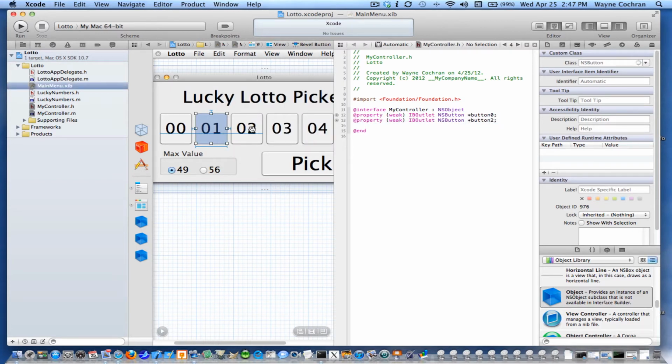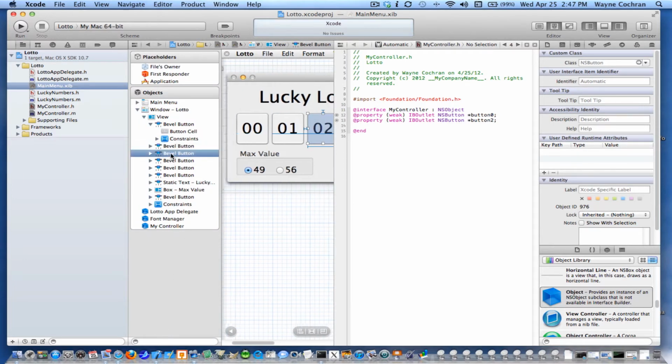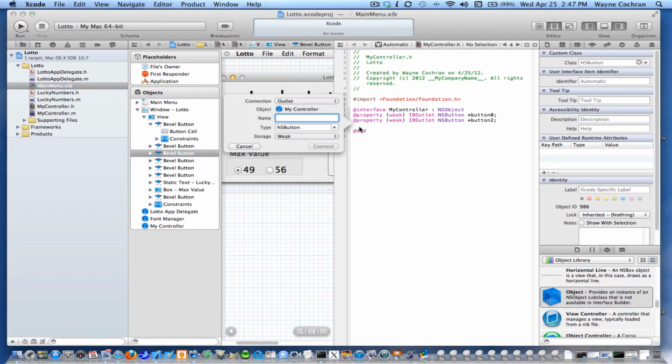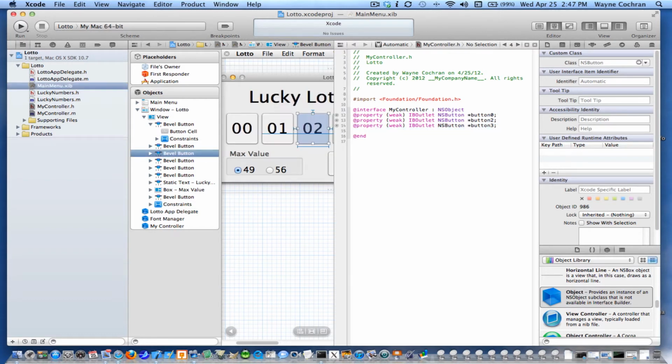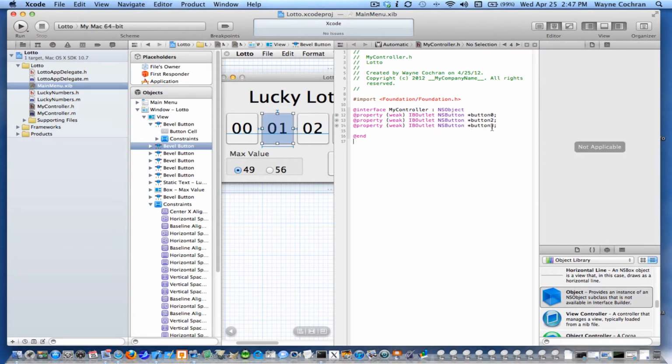If you're interested, I could also be doing this from here as well. You can create the outlet there. This will be button... oops, I misnamed that other one. So this is actually button 3. So I misnamed this one. So what do you do when you misname something? I guess I go over here and rename them here,